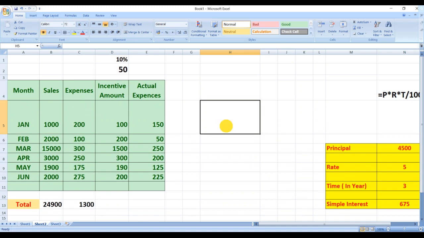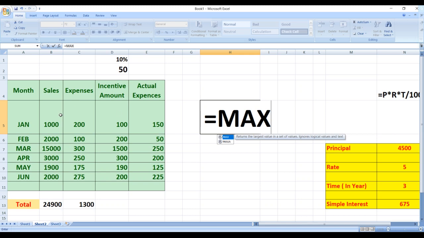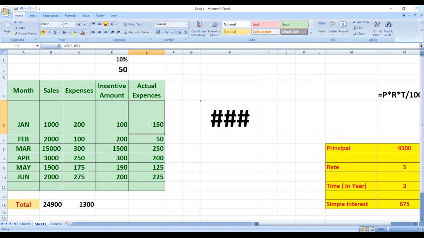Now I'm writing here equals to. Equals to maximum value, I want to find it out. So I'll mention there max, and after mentioning max, I want to find the maximum value. From where I want to find? From B5 to E5.